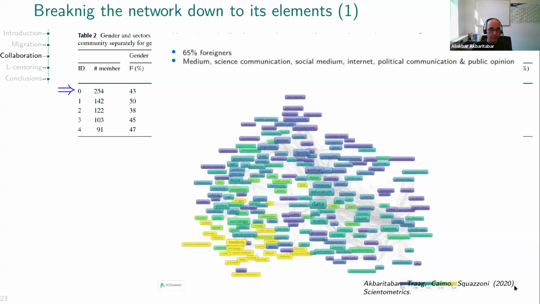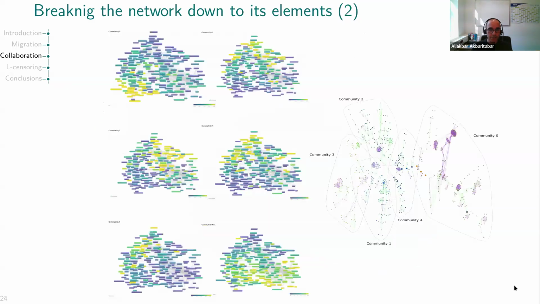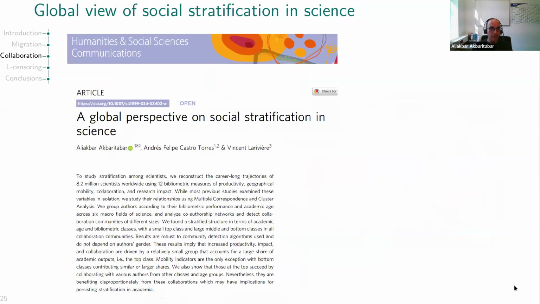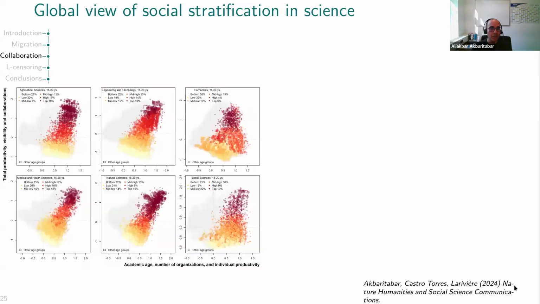And in addition, we looked at the type of concepts or the terms they were using in their papers. So the yellow part of this map shows the focus of community 0, which includes 65% foreigners, and they have mostly worked on media, science, communication, and these topics. Now, we can do that for all of these communities and find their focuses. I will move on to say that we can put that in combination with different bibliometric variables such as migration, mobility, number of papers that they write,